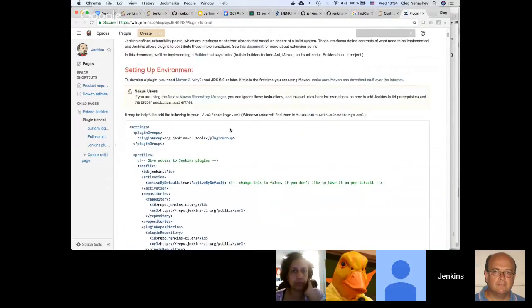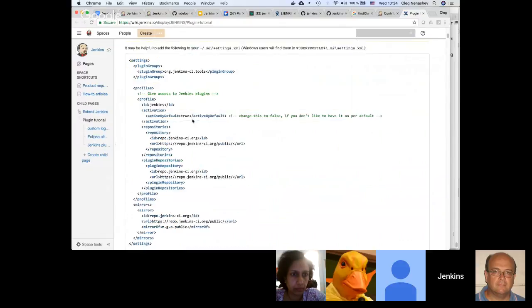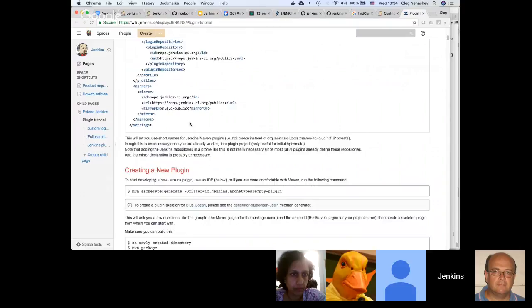Actually, in Jenkins, we have several build tools supported. Most of the plugins are built with Maven, and we offer default Maven plugin POMs. So if you have Maven, the setup is pretty trivial. For some plugins, we have Gradle support and even SBT. For those, the setup is not that trivial.